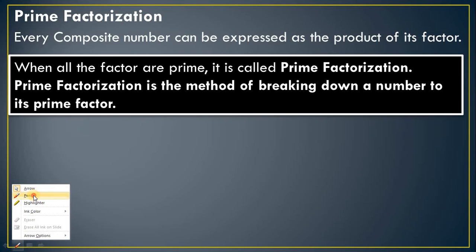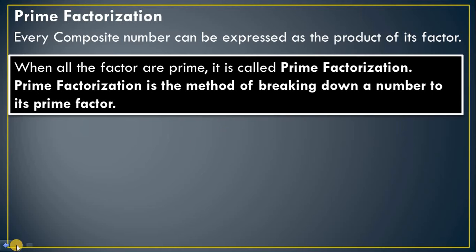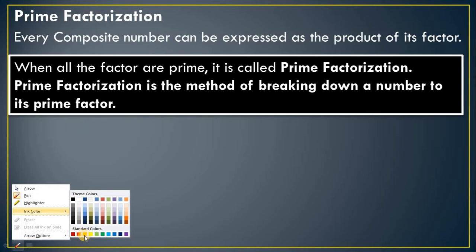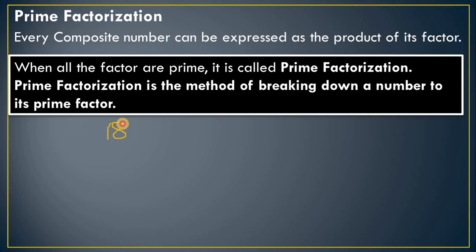For example, if you are taking a simple number 18, what about its prime factors? Then you can simply break this number into two parts, like 2 into 9. Why have I broken it into two parts? Because 2 into 9 is 18. So you can just break the number into its multiplication. So 18's factors are 2 and 9. You can write in the tree diagram 2 into 9, that is nothing but 18.